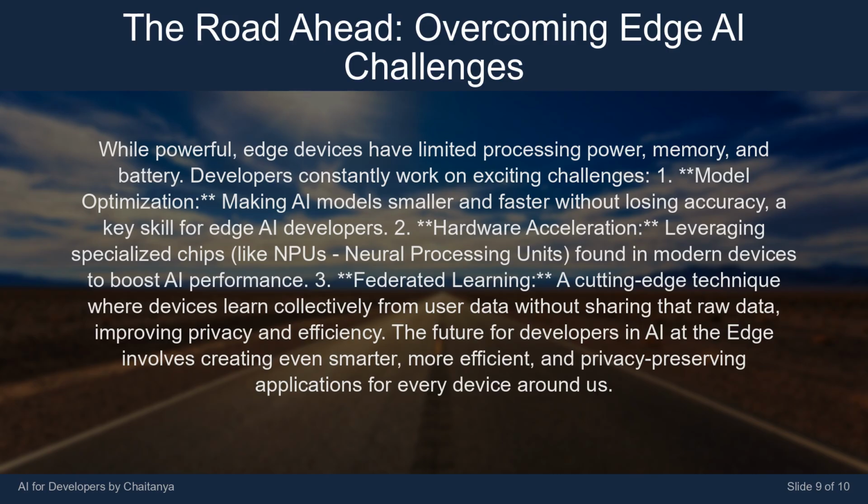1. Model optimization. Making AI models smaller and faster without losing accuracy. A key skill for edge AI developers. 2. Hardware acceleration. Leveraging specialized chips, like NPUs, neural processing units, found in modern devices to boost AI performance. 3. Federated learning. A cutting-edge technique where devices learn collectively from user data without sharing that raw data, improving